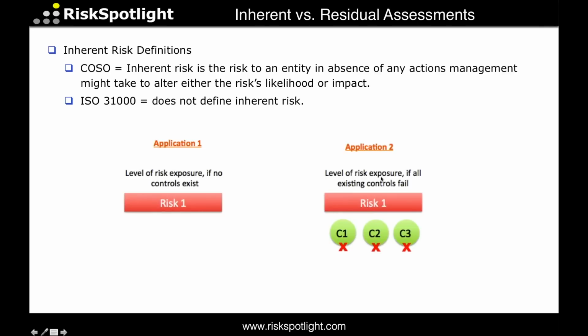And what I find is application 2 is at least a little bit more realistic and practical. With application 1, if you ask your risk owners to think about the risks without thinking about any controls, that may become a little difficult for some risk owners, to imagine a world where no controls were in place. But application 2 at least keeps them in reality, where they can still think about the controls, but they have to assume that all those controls have failed. And then that'll give them an idea of how likely it is that all our controls are going to fail